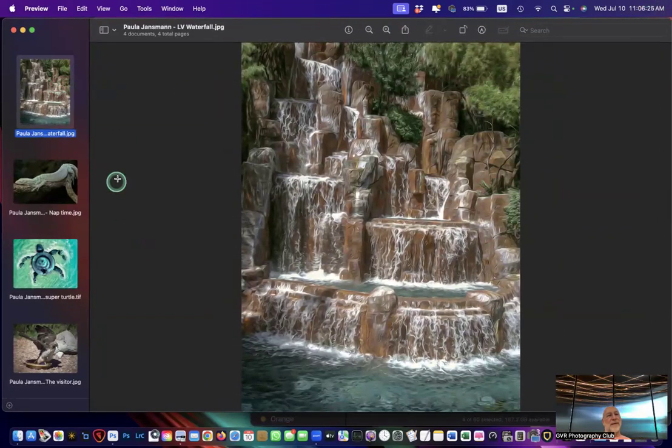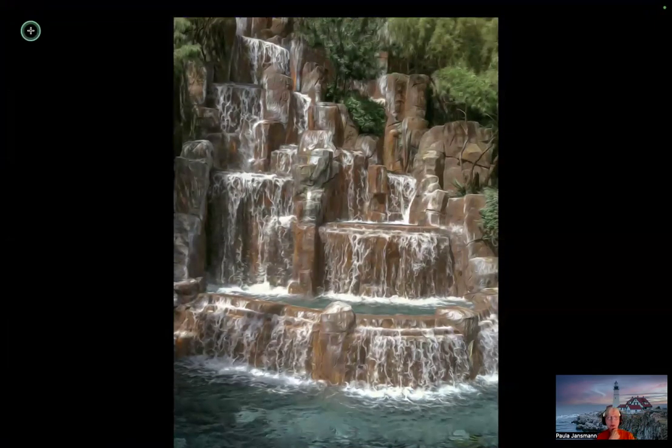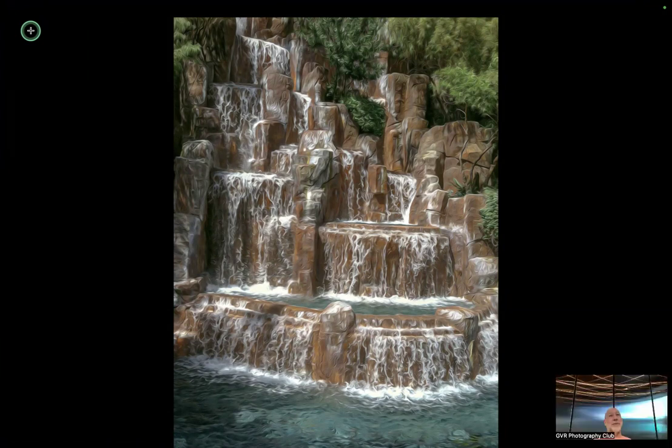Okay. All right, this is a waterfall that was at the formerly Mirage Hotel in Las Vegas. The Mirage has been torn down, I understand. Oh, yeah, just recently. They imploded it, I guess. Wow. And when I originally took it, the water was just very static, and I didn't like it, so